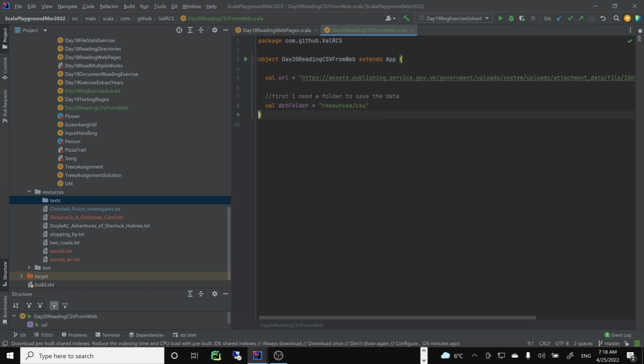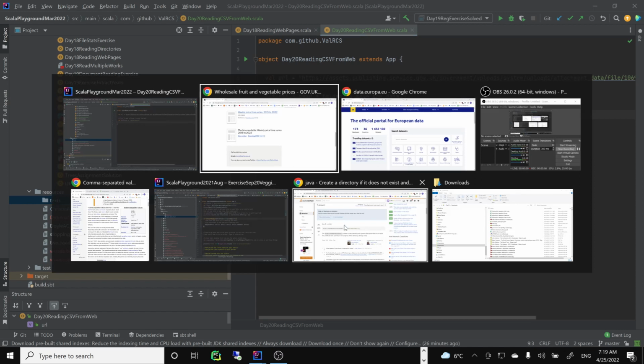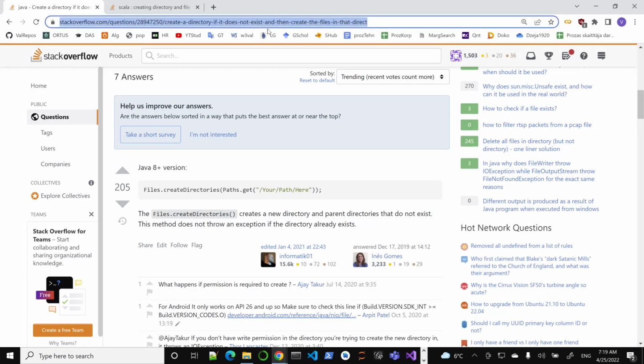We could use some Scala specific methods, but actually here the easiest way, since we don't really want to think about this too much, is this: it's just a little side quest on our journey. We want to basically just create the folder and get it over with. So I have a Java method. This should work since Java 8 plus, meaning we're using Java 11 or maybe Java 17, right? So basically a simple